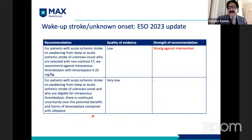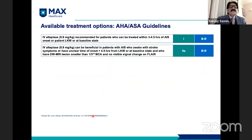If we talk about the AHA guidelines, these are very simple. Alteplase is recommended, and the patient can be treated within less than, or beyond, 3 hours. This is a new addition. Otherwise, in the US, the FDA had not approved thrombolysis beyond 3 hours, so it has now been corrected. It can also be beneficial in patients with wake-up stroke, and there's another change, where onset may be more than